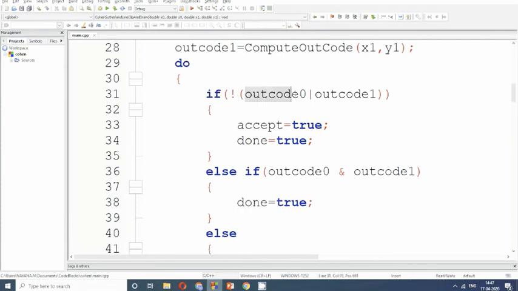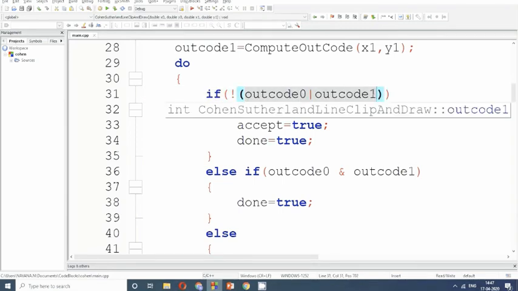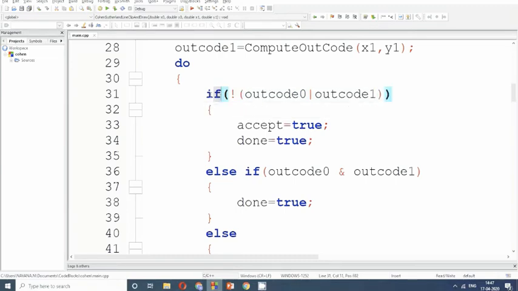With that context, see, I am performing OR between the outcodes. Now, if this is false, I am supposed to stop. If both the outcodes give me false, that means my line is already inside the clipping window, so I have to stop. That means I have to make my if condition true. That's why I have negated it, because this result will be false. So if it's false, this expression evaluates to true.